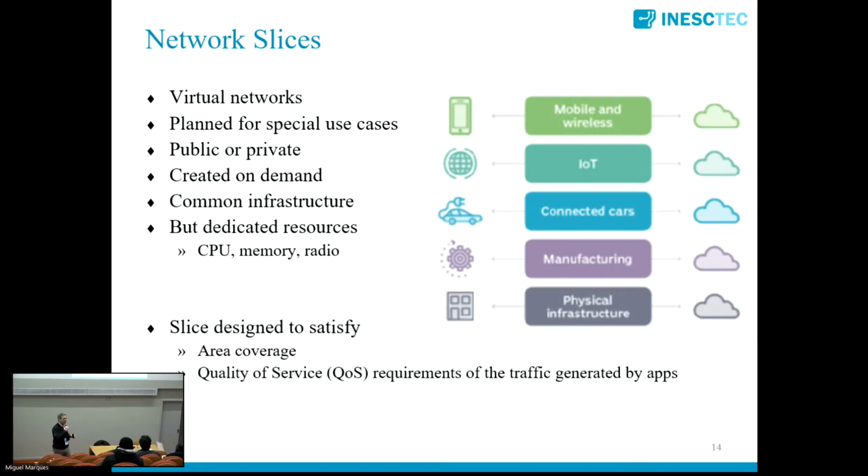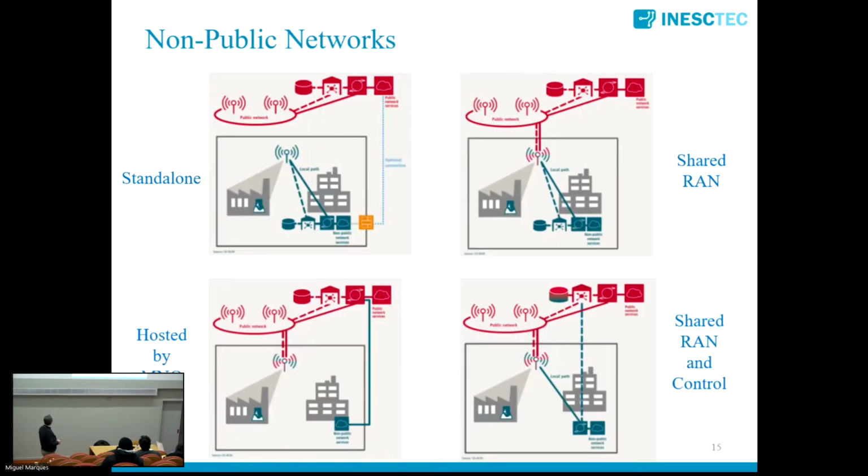For each slice, for each virtual network, we'll have to associate memory, CPUs, but also radio, the radio channels that will be used at the radio station. So it will be very easy to create on-demand new networks that are given to a certain entity or which is designed to support certain types of traffic. And this is a kind of revolution in the telecommunications field. And that, for instance, enables us to, I will not go through all details in this slide, but that will enable